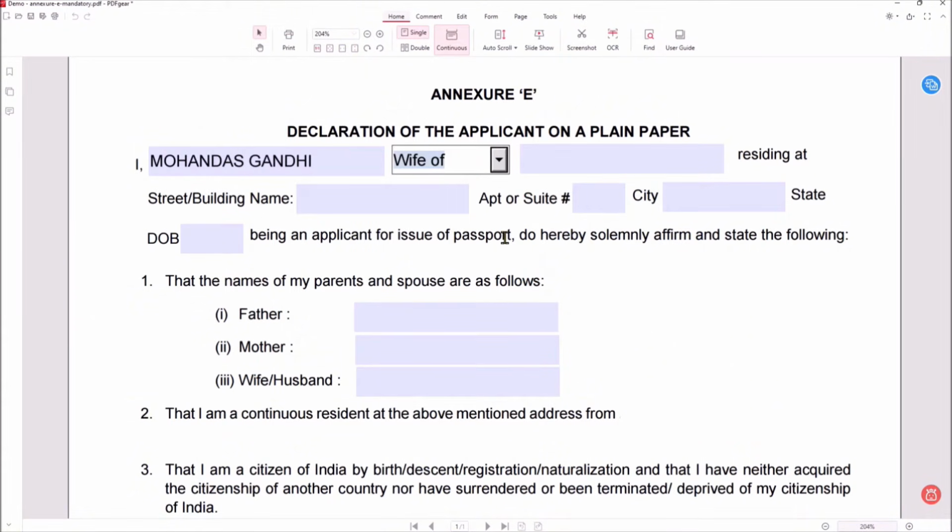It is a requirement. And if the female is married, then it is compulsory that you would have to provide the marriage certificate documents, and it is also mandatory for a married female to get the spouse name added to the renewing passport. Okay, so I have selected male here, so here you need to write the father's name, and